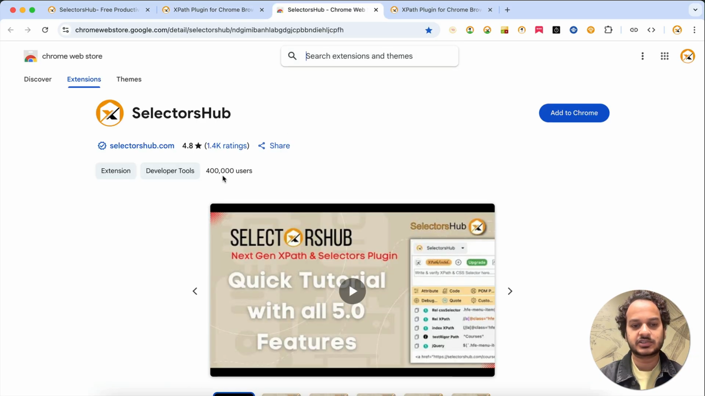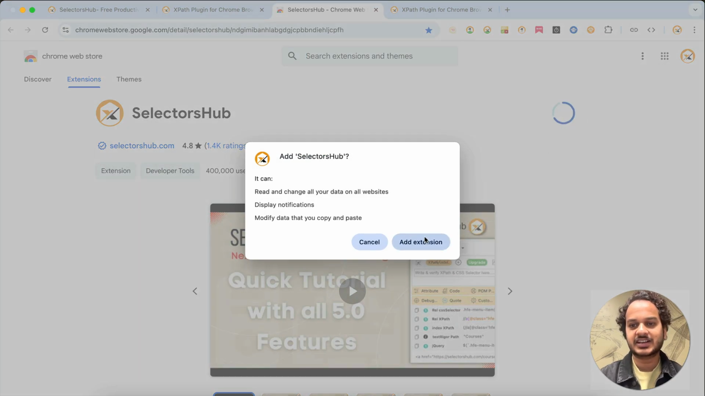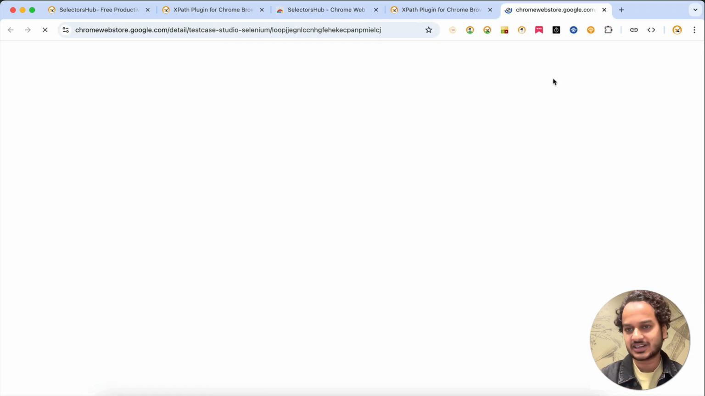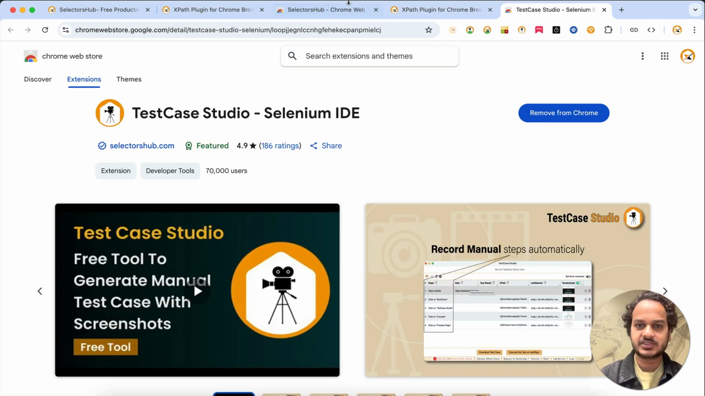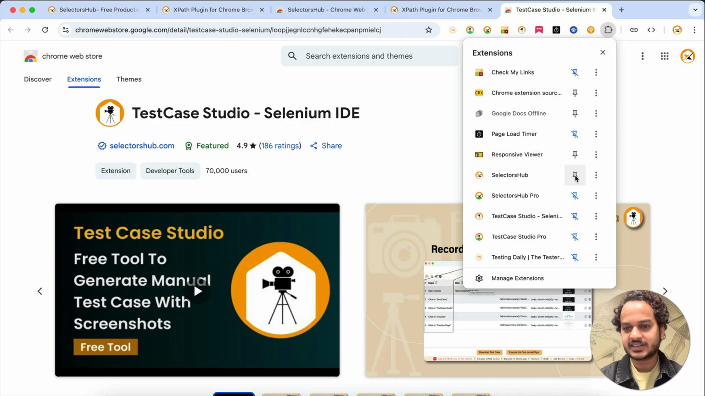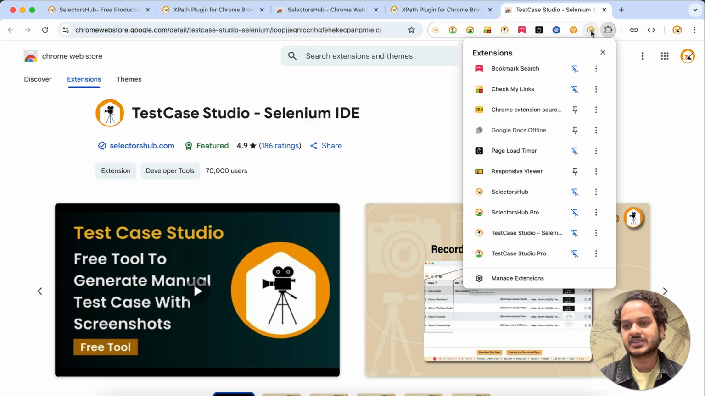So you can see that more than 400k testers are already using it just in Chrome with a 5-star rating. Click on add to Chrome, add extension. Here I will show you just for SelectorsHub. Rest all the tools you can install. After installing it, you will see that the SelectorsHub logo does not appear here. So if you click on here, you will find that, just pin it to toolbar,